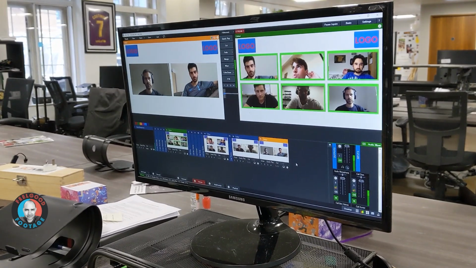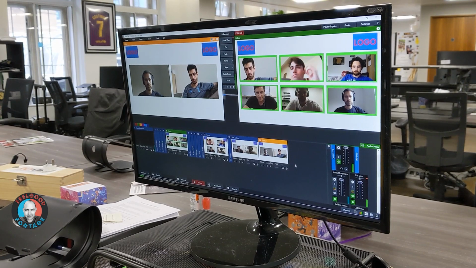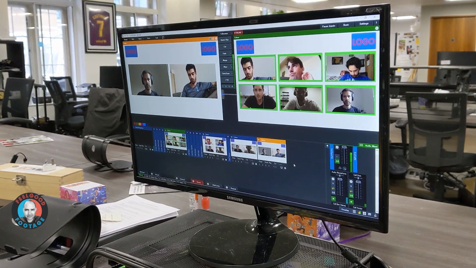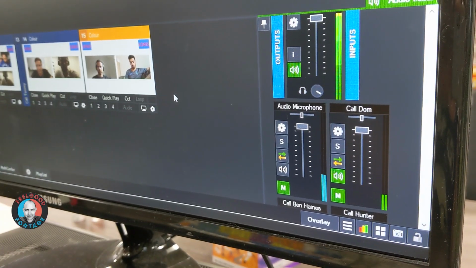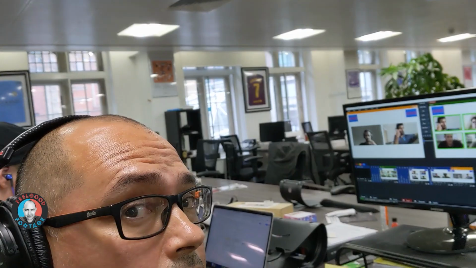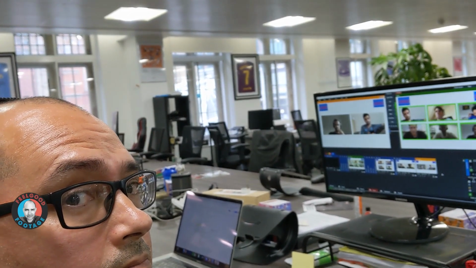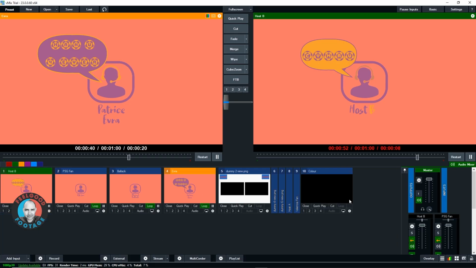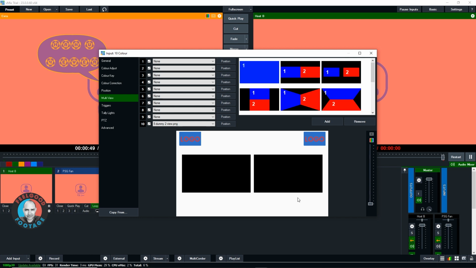The test beforehand not only gave us a chance to test the setup at the location of the various remote guests, but it also gave me a chance to practice, again faster, at setting up the multi-views within vMix. Multi-view is a preset within vMix that allows you to stack various inputs all together on one screen at the same time. So within vMix, each vMix call guest is a separate input.